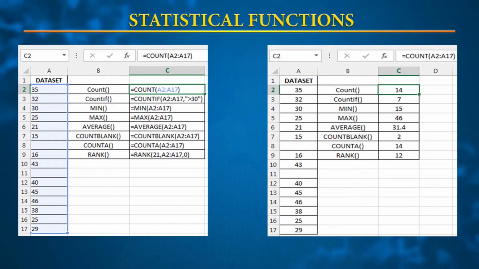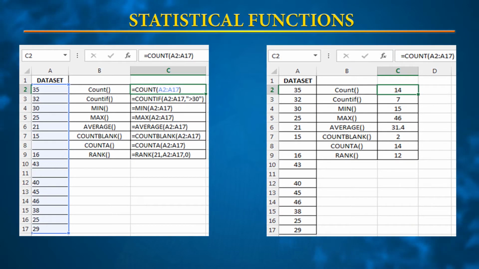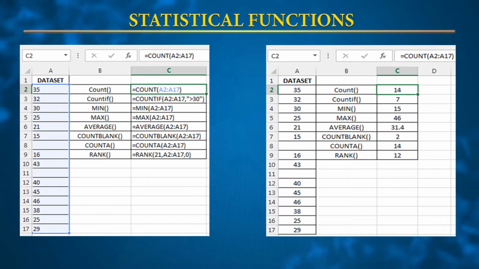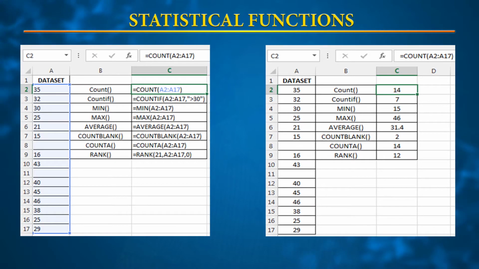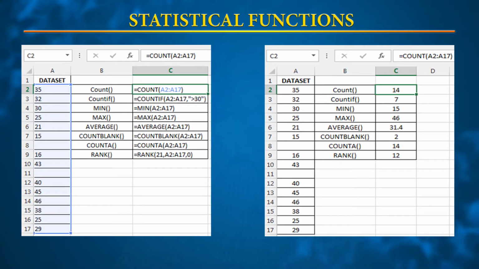But we will not be discussing all this. We are supposed to focus on the fundamental statistical functions which are in your course. We had already discussed the count function, average and all those things in our previous session, and they are brought together in the subsequent slide, where a data set is considered and some of the values are intentionally kept blank, to explore how to find values that are blank. Now there are different functions.